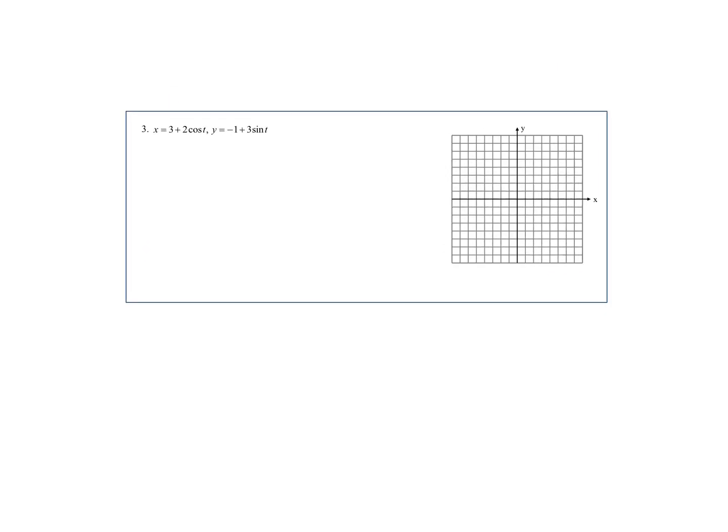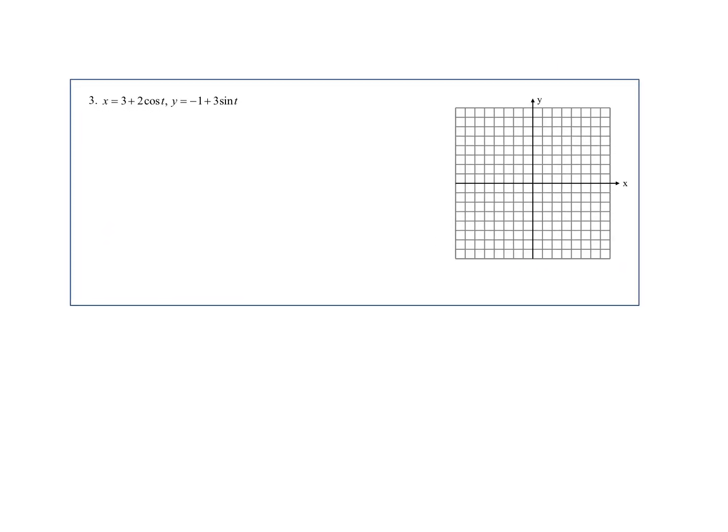All right, this one I solved using, no, I did a table. I take it back, I did use a table for this one. So let's complete the table here. We've got t and then x and y. So I plugged in